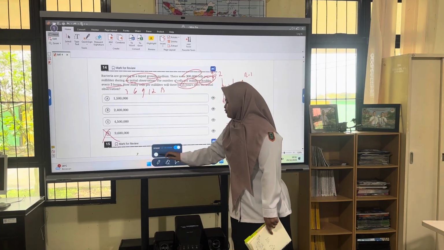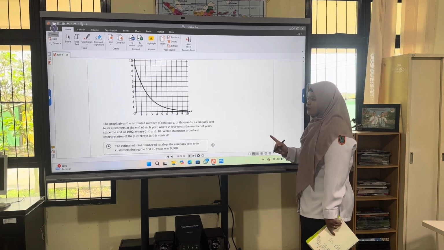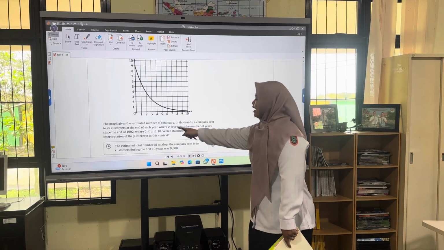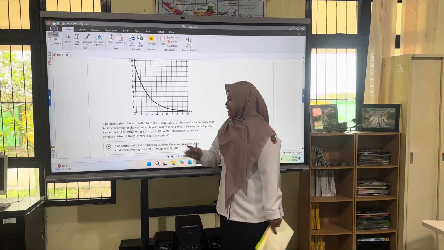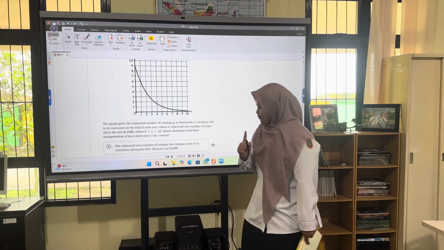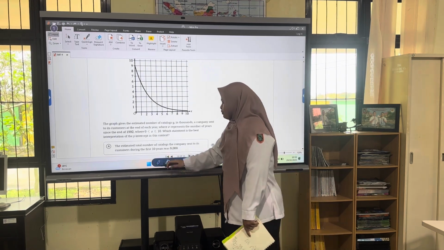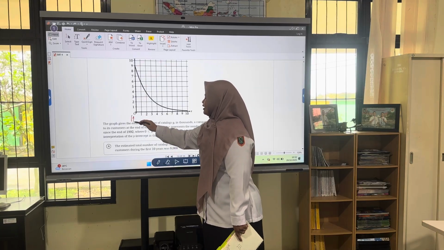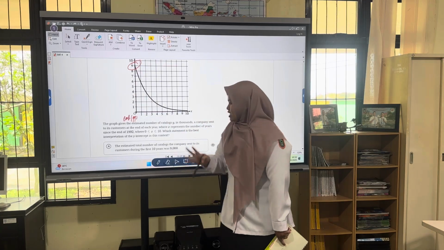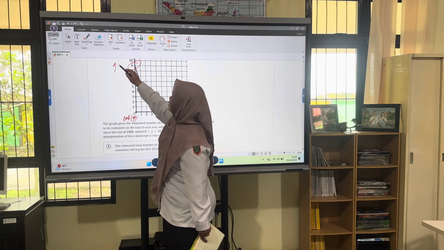So now we will continue to the next question. The next question has information in a graph, and they say X represents the number of years from 1992 until 10 years forward. So this is the hint from the information, and then we can analyze the data from the graph. At the end of 1992, the data is showing 9, but it is in thousands as the Y, so you can write this as 9,000.